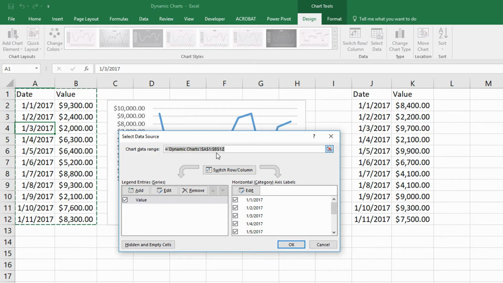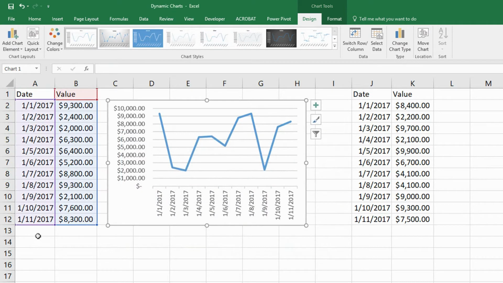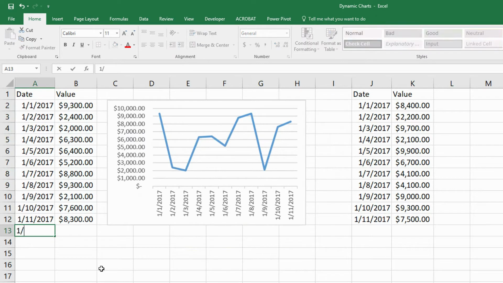reference on those cells. And for that reason, if I go in here and I type in 112.17, and I type in $6,500, for example, you can see that that chart does not increase in size to accommodate the next record. However, if you click onto the original source data, let's do this over here on the